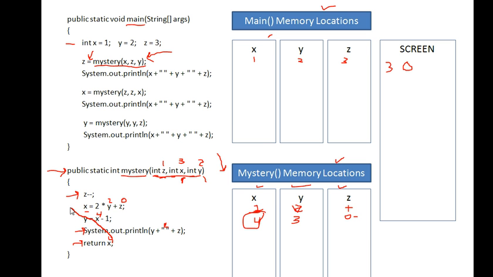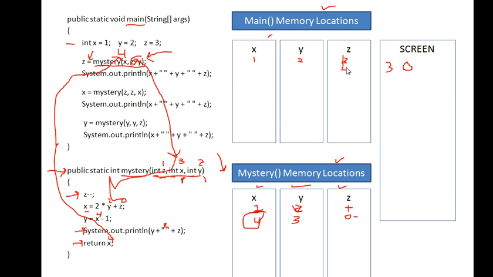So it goes up here and returns the 4 to the method call. So the value of this method call is 4. So it's like a circle. You started here, you passed it to the parameters here, it got used here, and then returned the value up here. So z is assigned 4